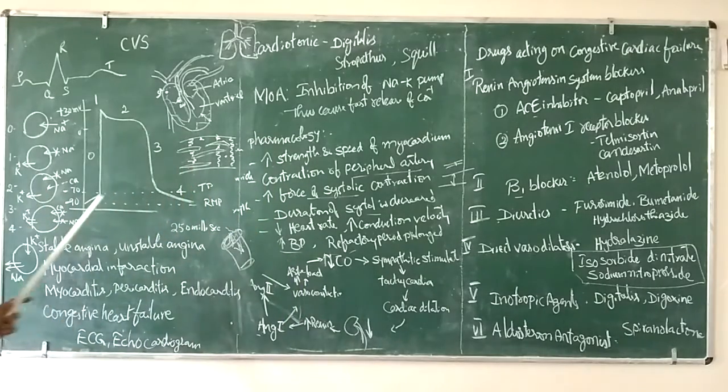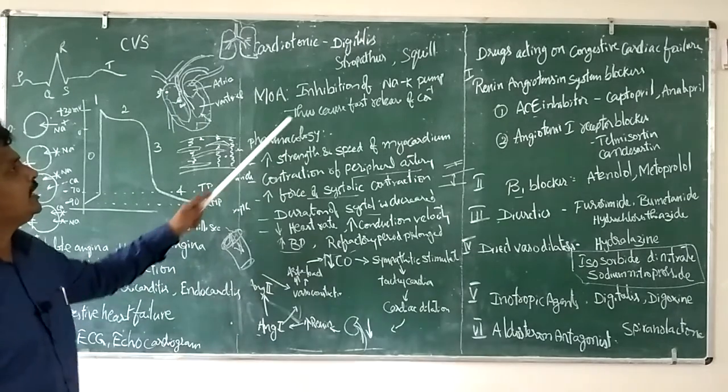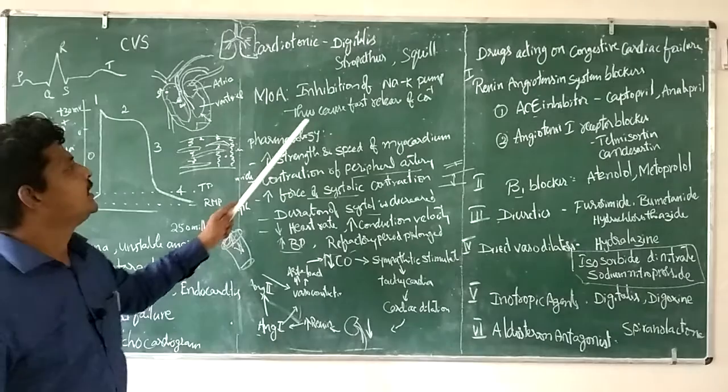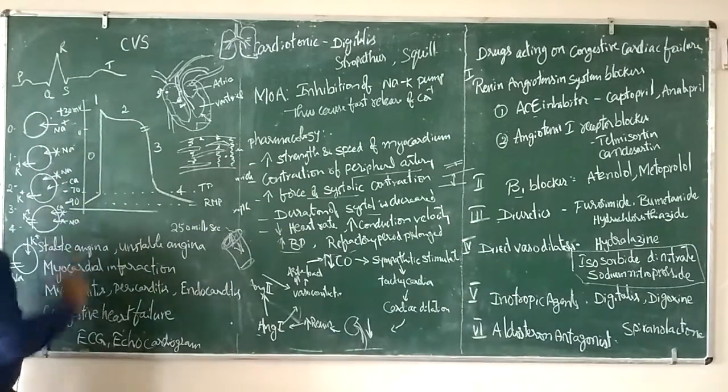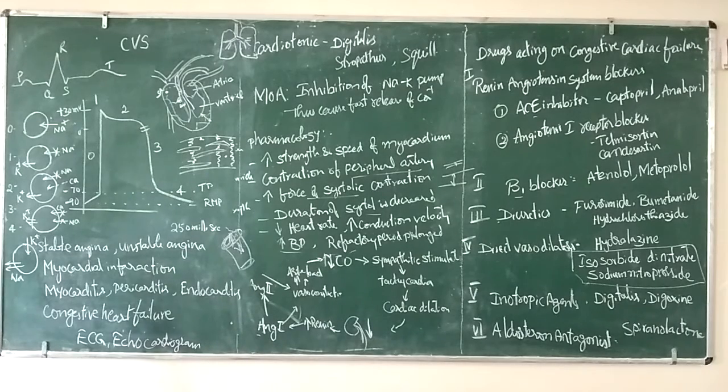So here we know that sodium is going to get depolarized, and potassium is going to be utilized in the depolarization. So what we do is inhibit the sodium potassium pump, which causes fast release of calcium. In this phase digitalis is going to work, where there is complete blockade of the sodium potassium pump and release of calcium. When the calcium is released in the myocardium, obviously it is going to contract. So a higher contraction can be seen. This is the basic mechanism of these cardiotonics.